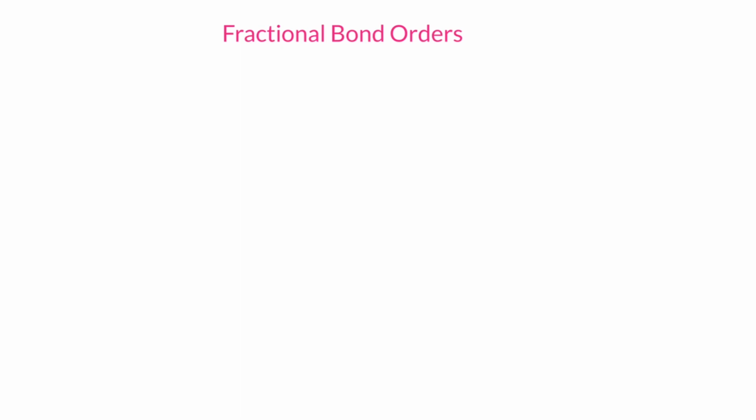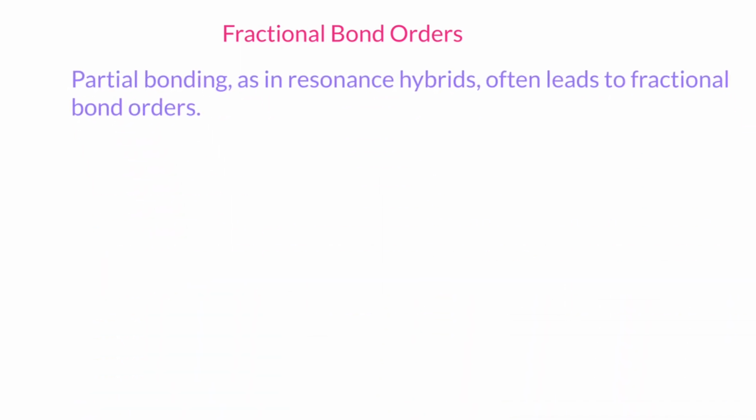So how to calculate this fractional bond order, I will explain. First, remember this statement: partial bonding as in resonance hybrids often leads to fractional bond orders. Now I am taking one example, that is ozone, O3. This can be represented as